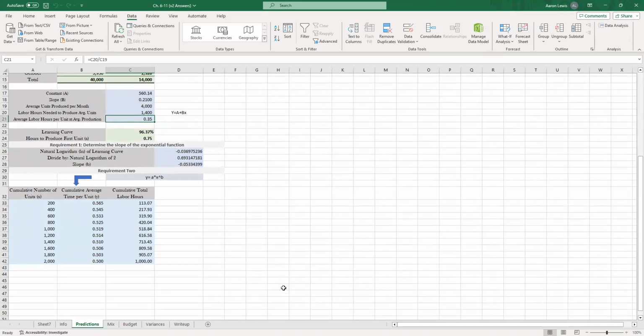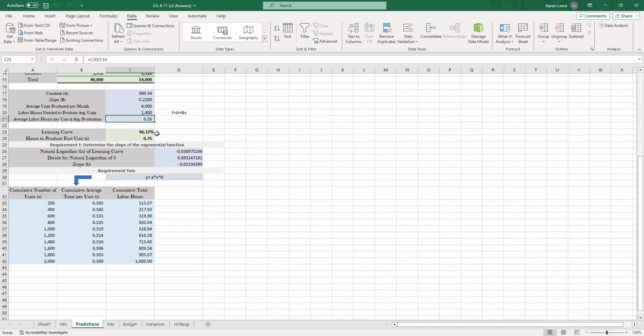And for our time learning model, given to you is the learning curve, how much we think production time is going to reduce to after we've doubled the amount of production that we have during the period. And our constant in this case is the amount of time it's going to take to make that very first unit. So we're saying it's going to take about 3/4 of an hour to produce the first unit. And every time our employees double the number of units that they've produced in their lifetime, they're going to decrease the time it takes down to 96.37% of what it took